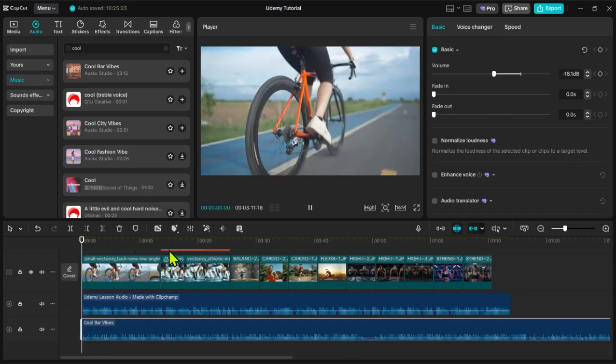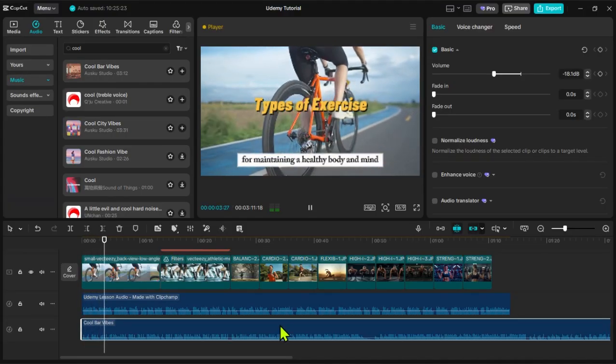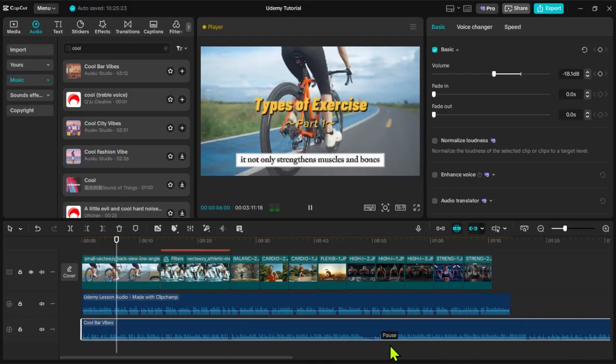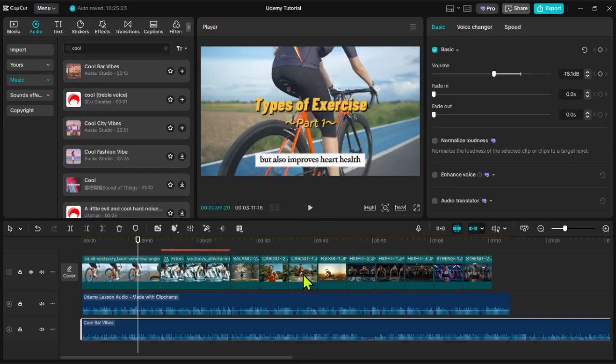Now we play it. exercise is one of the most powerful tools for maintaining a healthy body and mind. It not only strengthens muscles and bones, but also improves heart health, boosts Note that you can also increase the